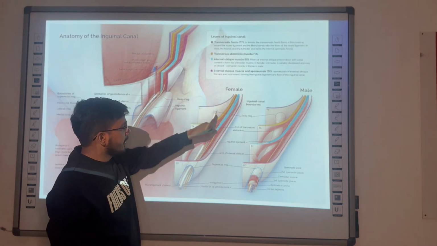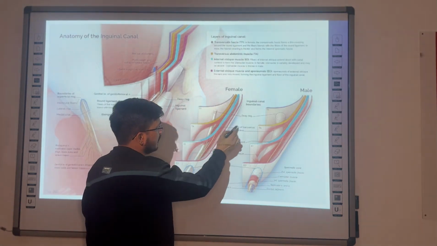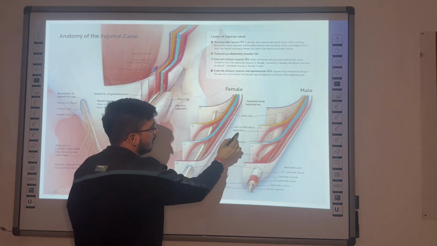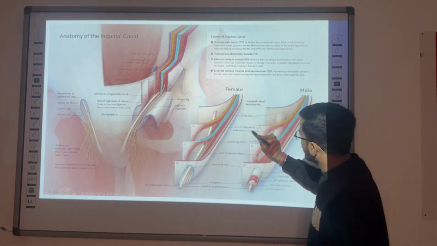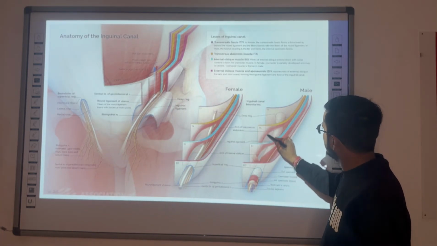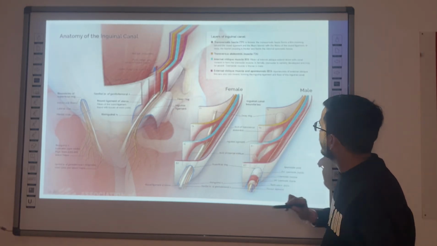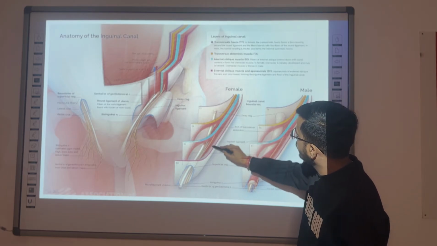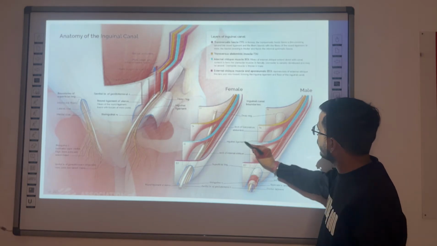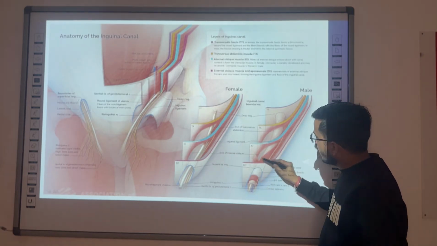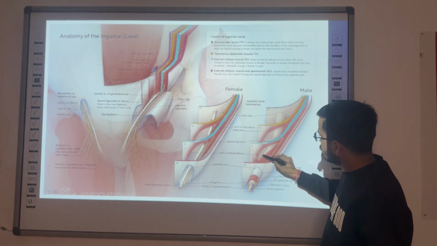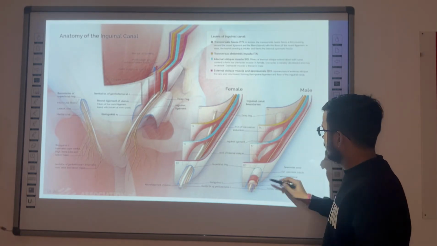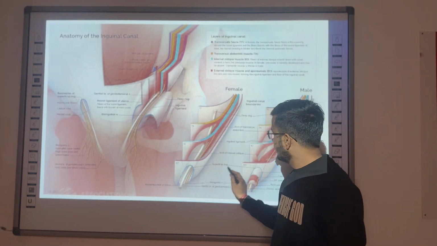So now you can see the difference between the female and male inguinal canal boundaries. In the transversalis fascia, you can see we have the deep ring. Then we have the arch of transversus abdominis, in both male and female. Then we have the band of fibers, which is the inguinal ligament. Then we have the arch of the internal oblique muscle, on both sides. Then we have the superficial ring,